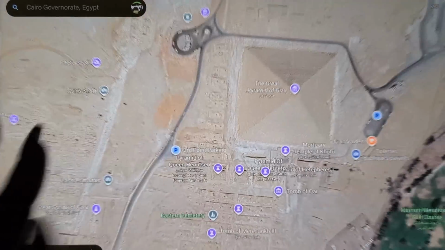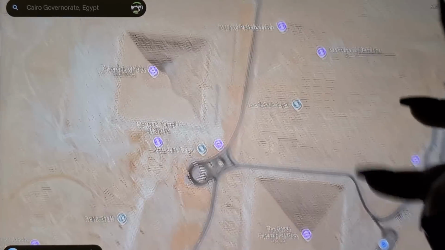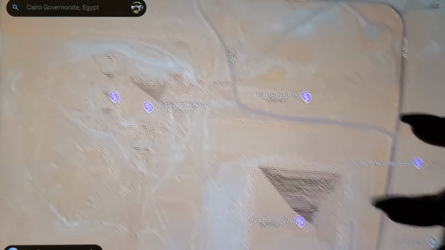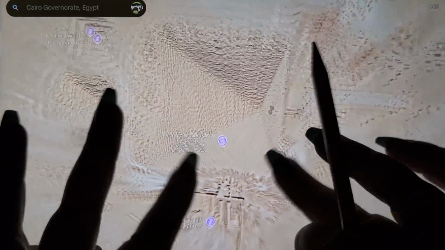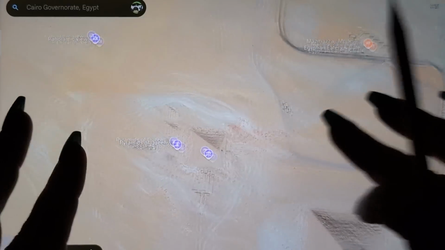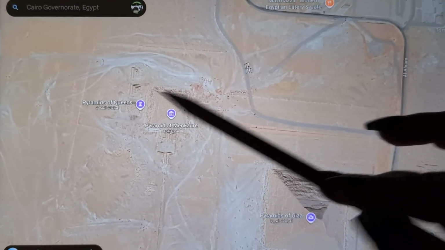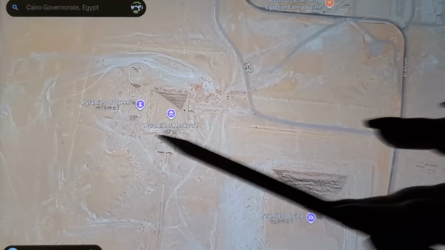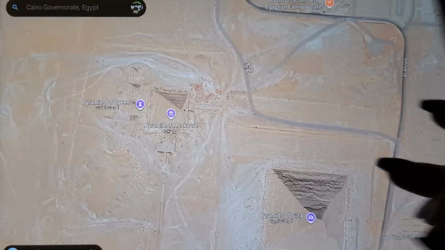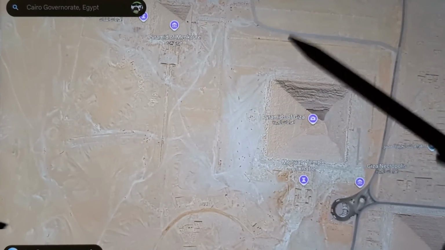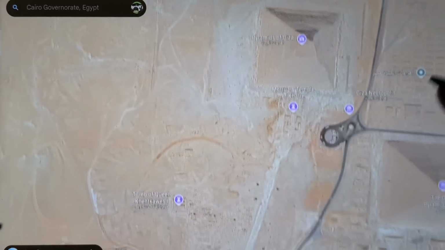Why did they only make 2 pyramids in 3D? Why? Look at this poor, it looks so small. And it's not small at all. Look, it looks like a dwarf pyramid. I almost said a dwarf planet. I don't know where this is coming from. I'm so upset about this. Why would they do this?